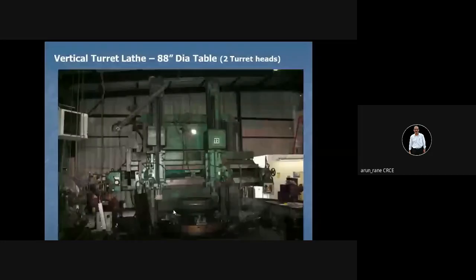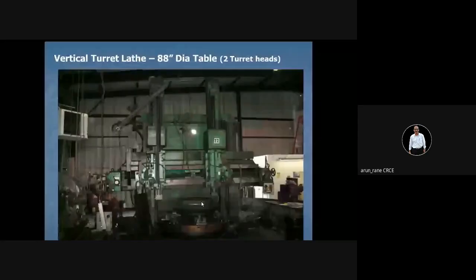Again, this is a vertical lathe, but if you look carefully, there are two turrets mounted here. This is one turret and this is another turret. Two tools mounted here. That means two operations can be done simultaneously. This is your workpiece. This is one tool and this is another tool. Two operations can be done simultaneously. But generally, this machine is not popular. Only for certain types, or if the component quantity is more, then only we go for this.